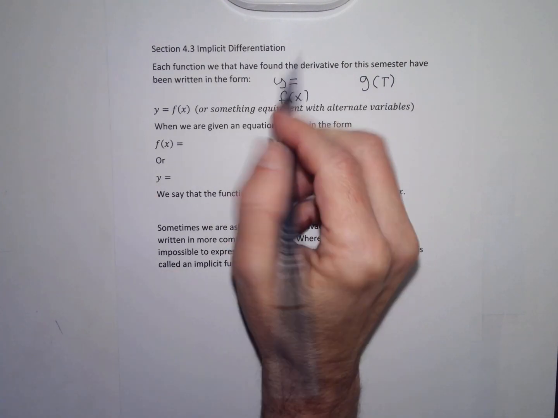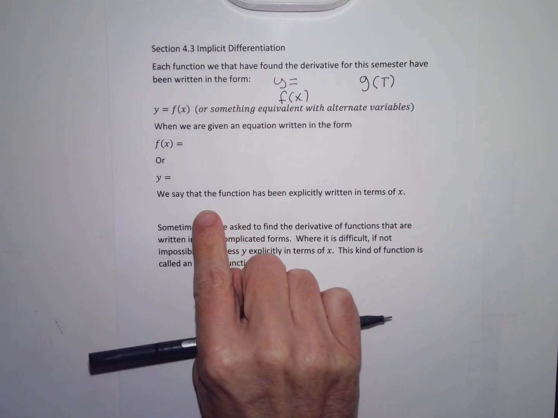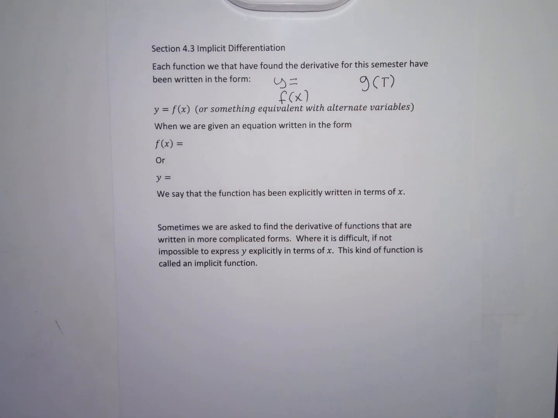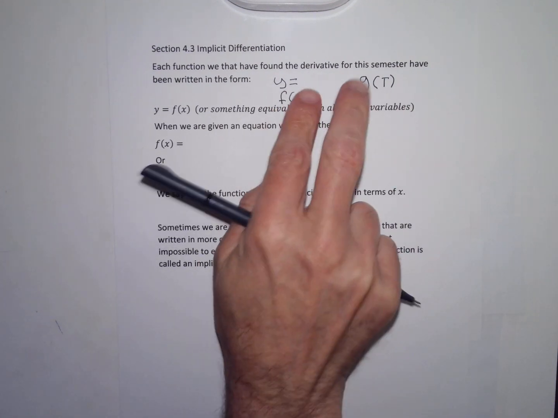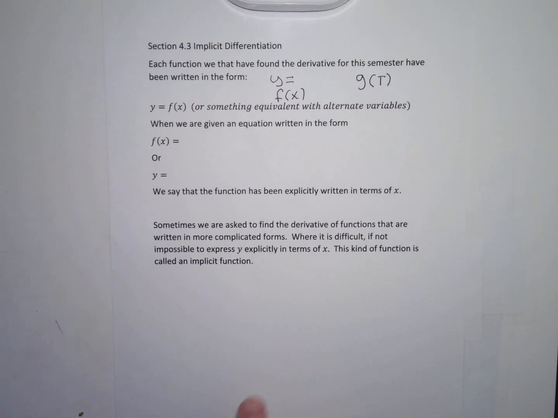In each problem so far, the function was explicitly written in terms of x or possibly t, so the variable we were taking the derivative in terms of was written to the right of the equal sign. And that made the derivatives maybe messy at times, but